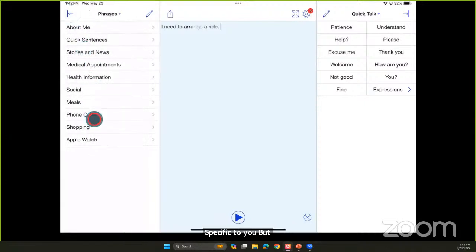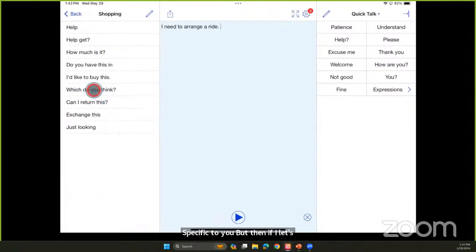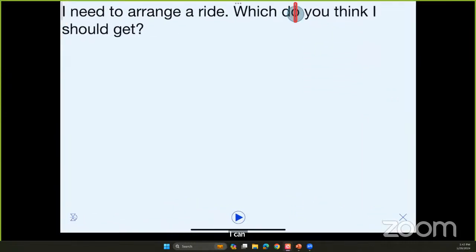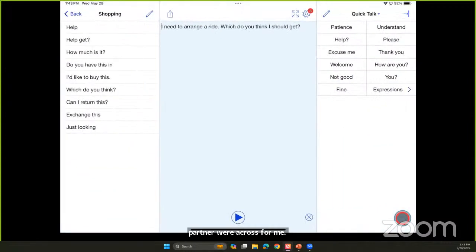But then let's see, I'll go to shopping. And I can tap those. "Which do you think I should get?" And then if I tap here, this full screen option brings my text pad portion of it full screen. I can flip it around down here if my conversation partner were across from me. And then I can get back here.